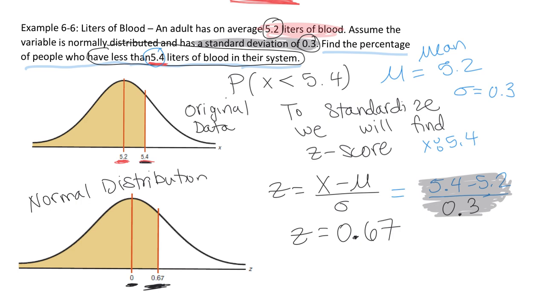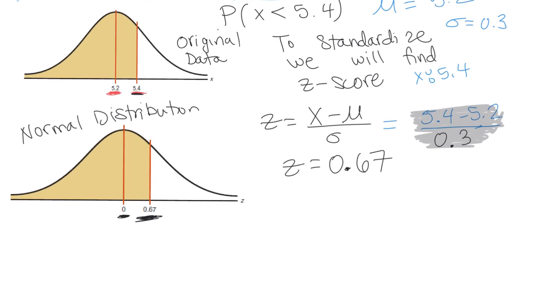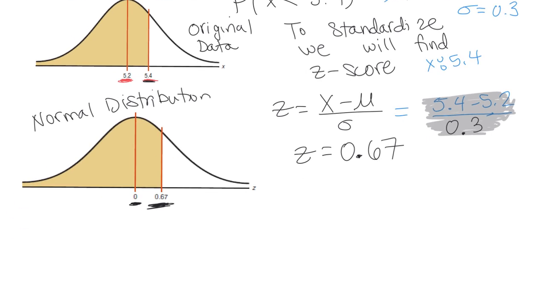Okay, so what we can do from here is to find the probability of x is less than 5.4. We can actually use the 0.67. We can use that z-score. And so we can do our normal